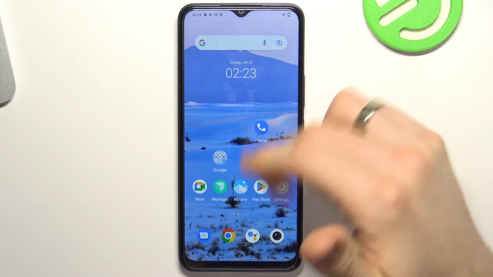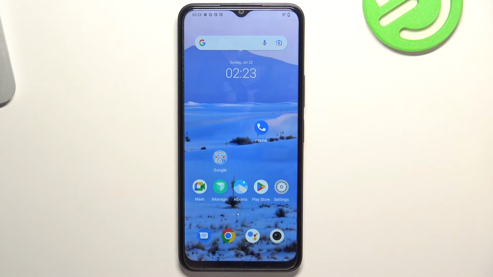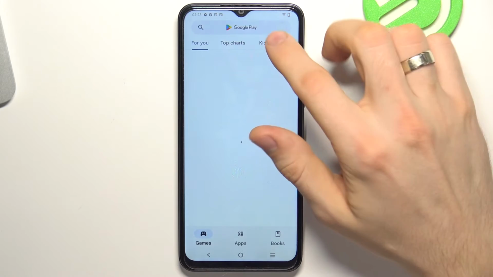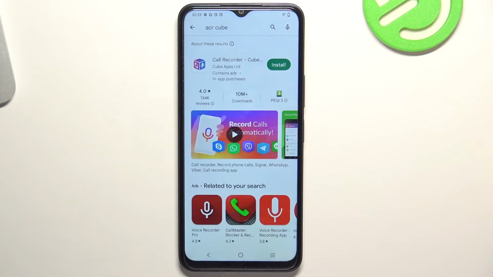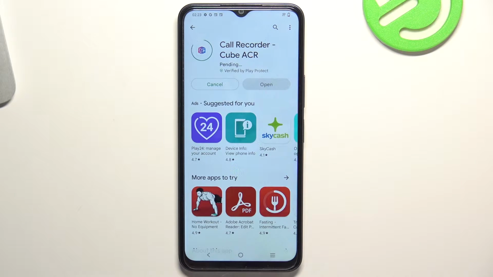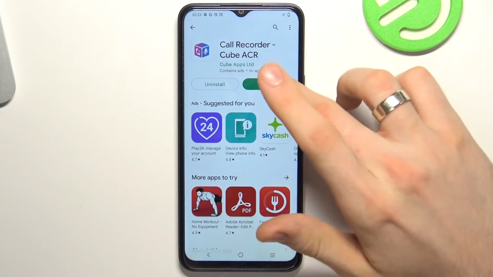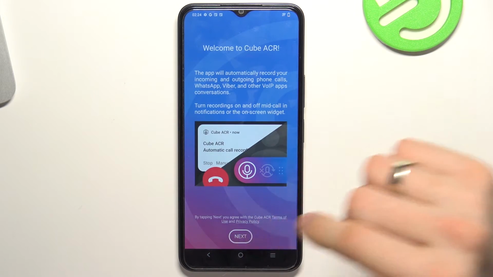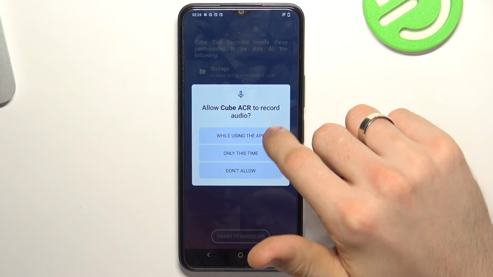But if you do not have this option, as me, you need to use third-party applications, and I suggest to use Cube ACR app, because you can use it completely for free. Of course, it has a premium version, but in premium you will get only cloud storage, and that's it. So click open, click next, grant permissions while using the app, allow,